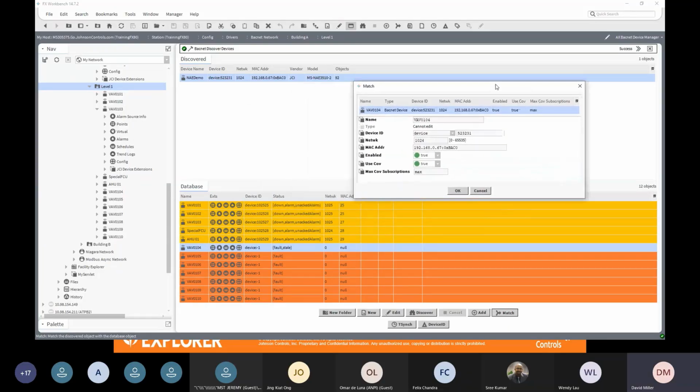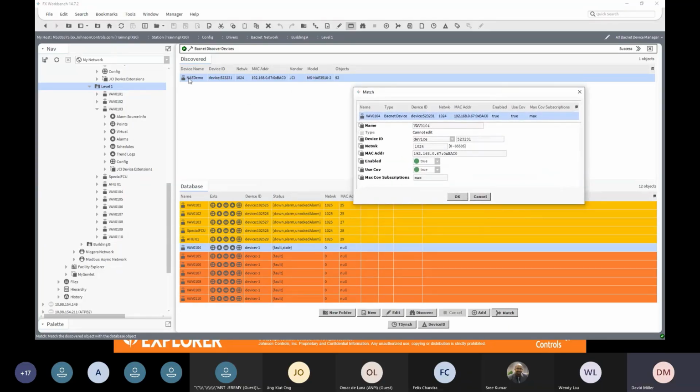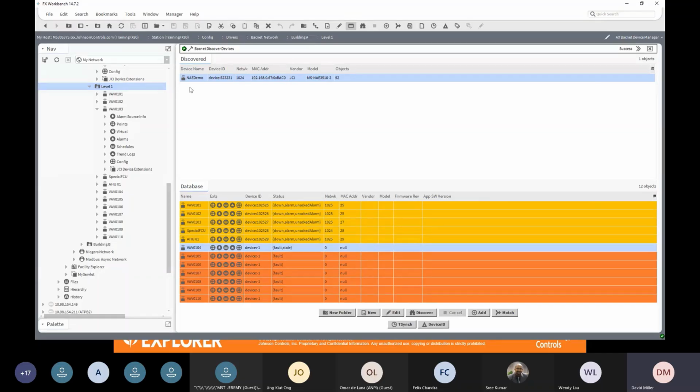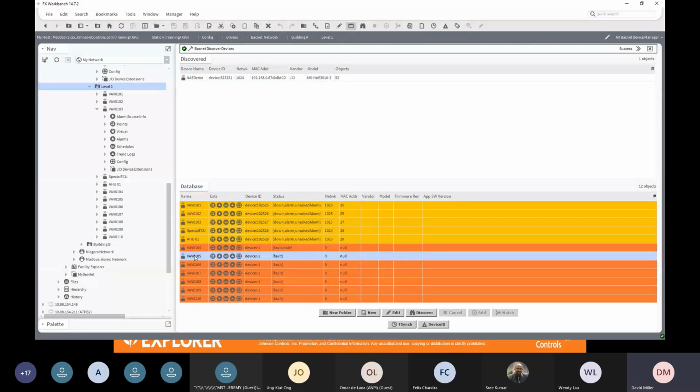And what that does is it gets the field values of device ID, network number, MAC address, and it applies them to this database device called VAV104. And I go OK, and it would come online. Then I'd select the next one up the top here, select the next one down the bottom here. When I've got two things selected, I can match them